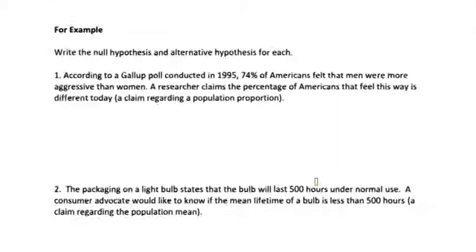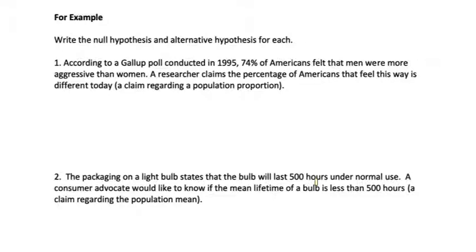So we're going to practice writing hypotheses here first. It says to write the null hypothesis and the alternative hypothesis for each. Number 1 is, according to a Gallup poll conducted in 1995, 74% of Americans felt that men were more aggressive than women. A researcher claims that the percentage of Americans that feel this way is different today. So the first idea is that this is regarding a population proportion. 74% is a proportion. And the other thing is that the researcher claims that the percentage is different today. Now, the researcher isn't saying that it's higher today or that it's less today, and that's very important when we're